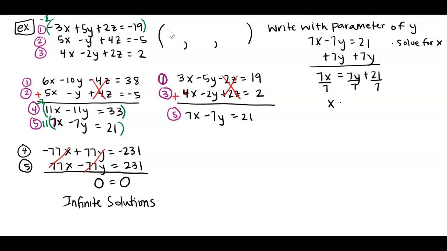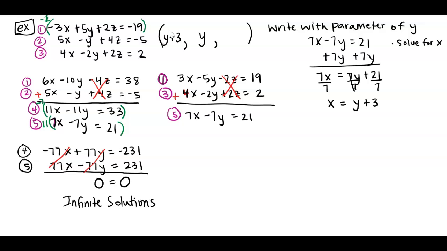So I get x equals y plus 3. All right, so these are going to be in terms of y. So y is just going to be y. But to find my x value, I would take whatever I used for my y and add 3 more